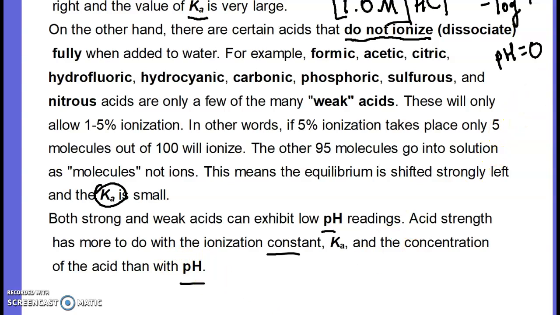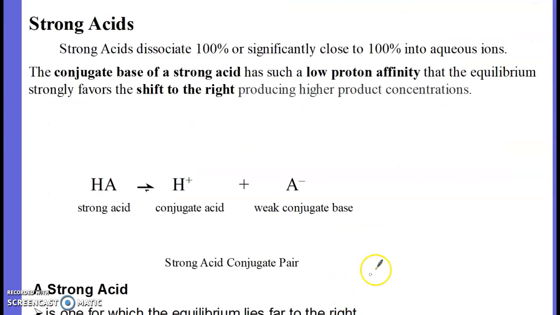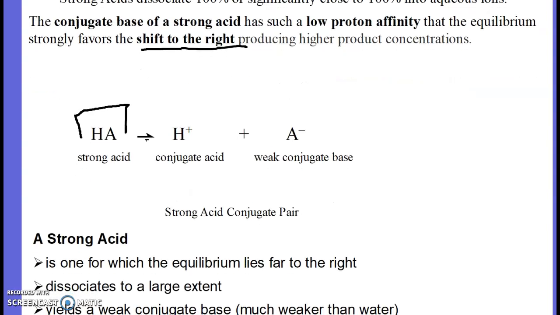Okay. A little more about strong acids, just to reiterate this. They shift to the right. They completely dissociate. Usually this reactant does not exist. Here I've drawn it as a yield sign with a really, really small arrow there. It's hydrochloric acid. It wouldn't even be in that direction at all. So it's 100% or very, very close to 100%, 99.999% in the form of the products and no concentration of the reactants. Okay,